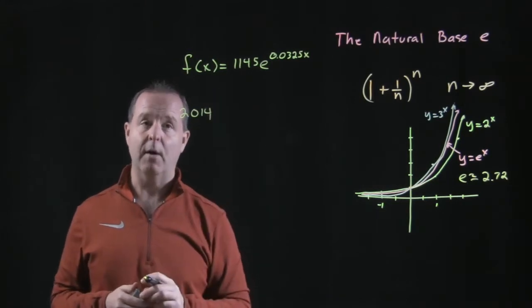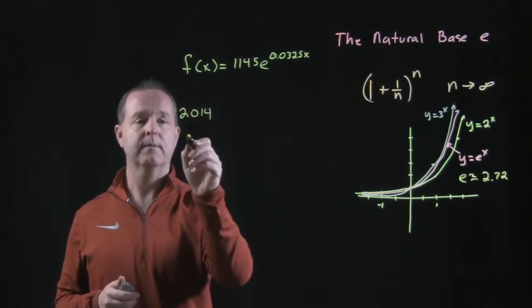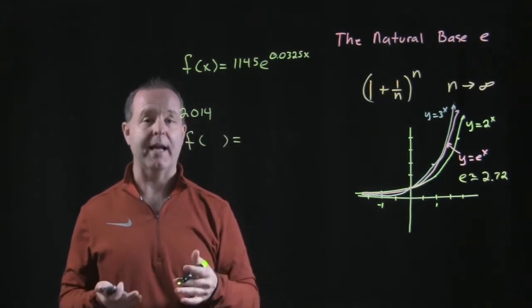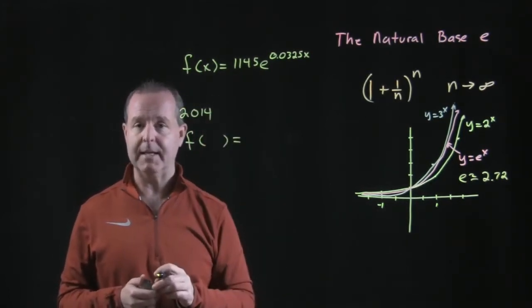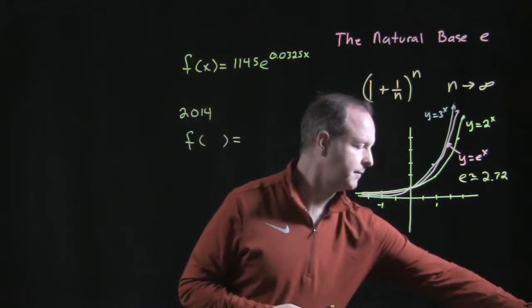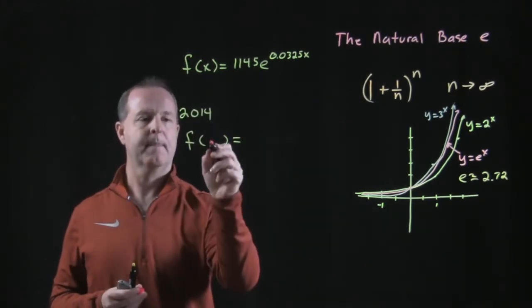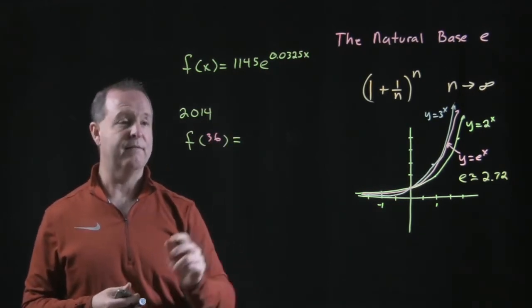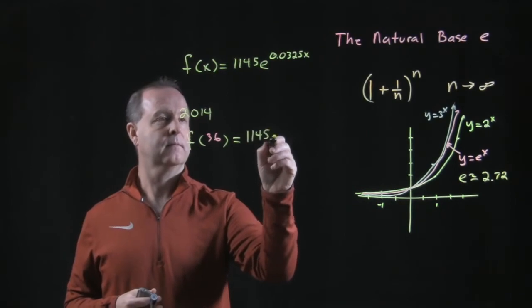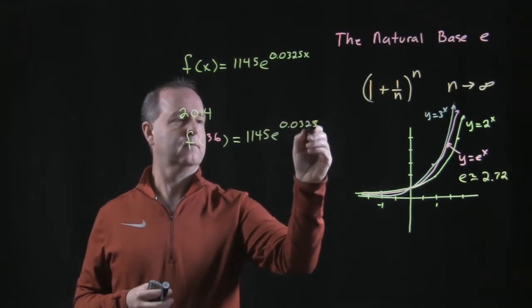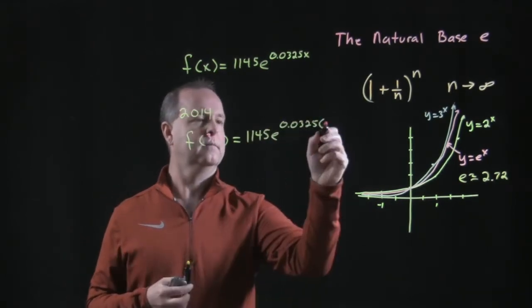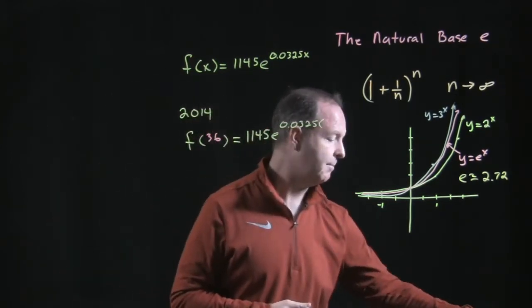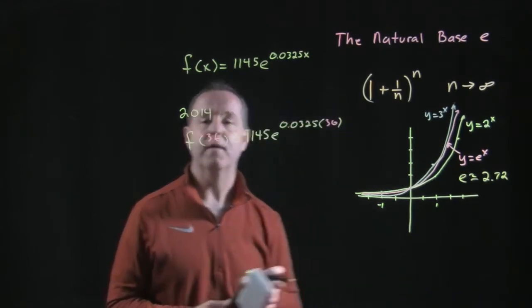So how do we use that to help us discover that? Well, let's use the model. 2014 is how many years after 1978 when this was begun? Which is 36 years afterwards. From there, let's plug in the values. And then from there, you're going to need to use your little black box to determine what the value was